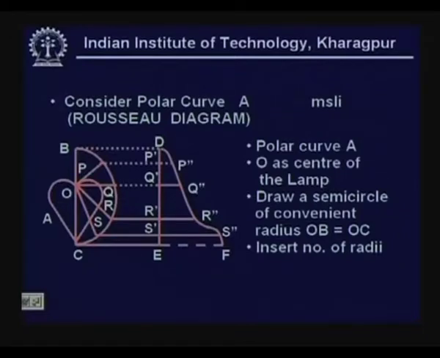We take the polar curve A given, take O as the center of the lamp, then take any convenient radius, okay, and here the most convenient radius would be, my polar curve is extending up to OC. So, I take that as the radius and draw a semicircle, and then from O at several points I keep drawing radial segments to the polar curve,